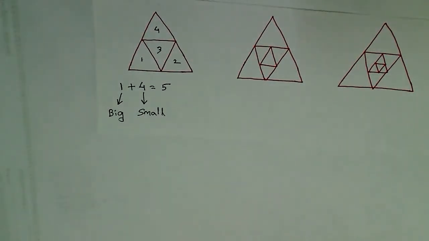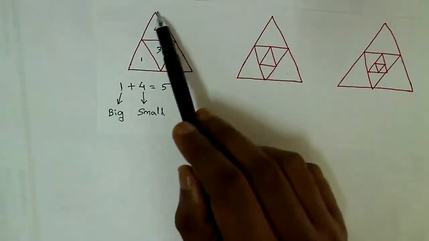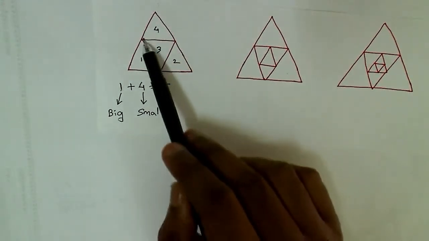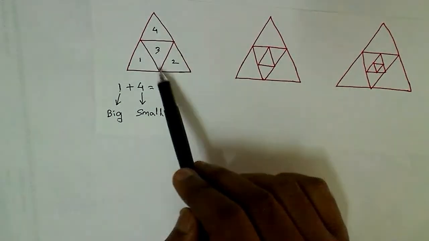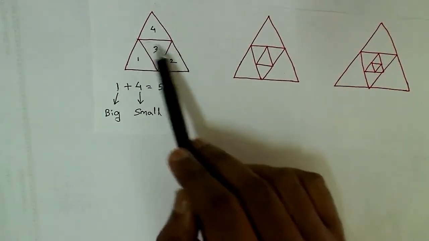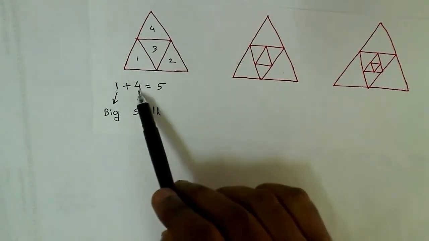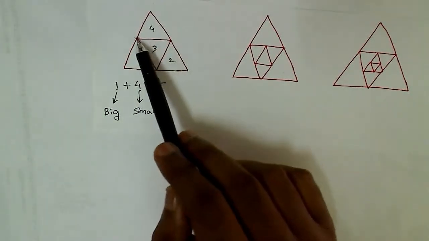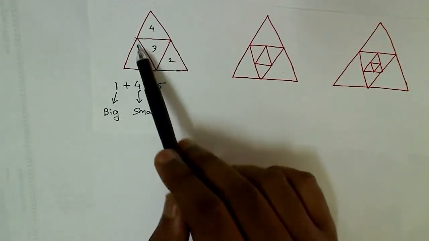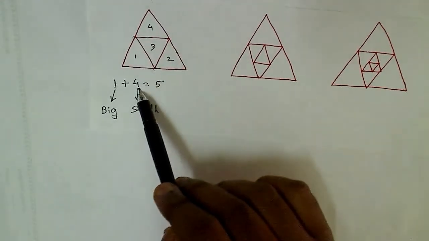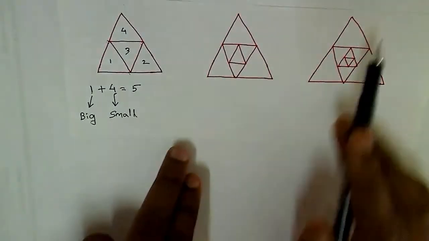So in that case, how to identify this is, for big triangle you assign one value. Inside this big triangle, how many triangles are there? If you can see the triangle which will connect all the middle part of the big triangle, inside the bigger triangle you will be having one small triangle. So for small triangle you add the value 4. Here we will be having this small triangle which will connect all the sides of the bigger triangle. So for the small triangle you make it 4 and for big triangle you make it 1. Okay, it will be clear when we do this question.